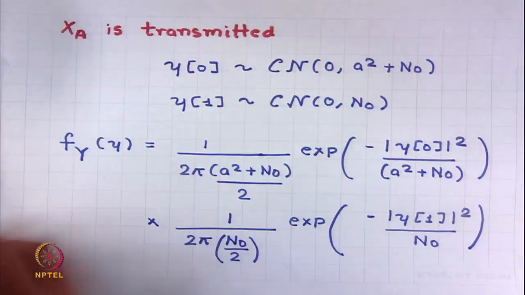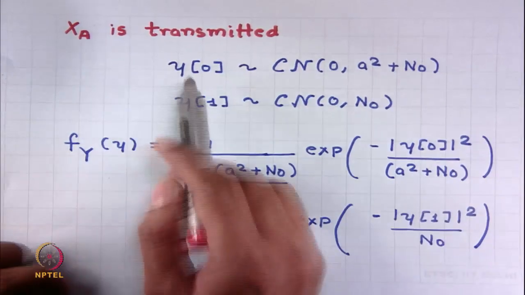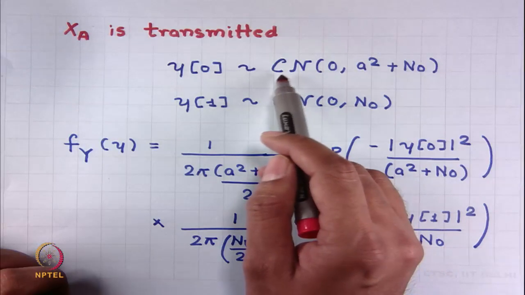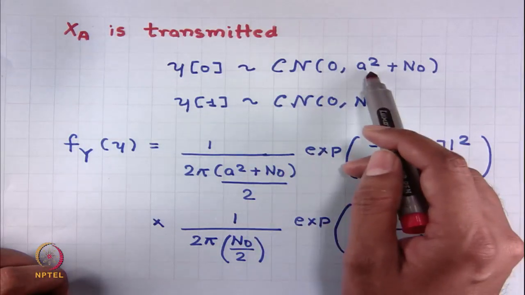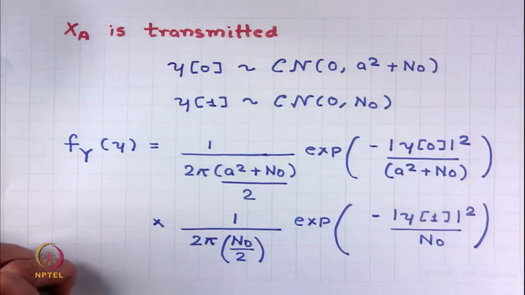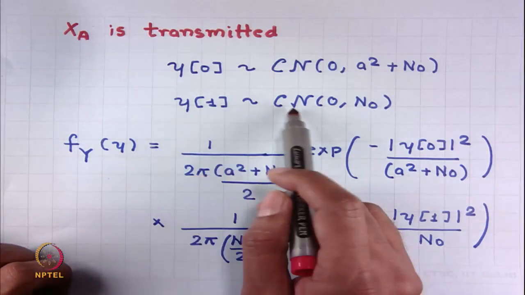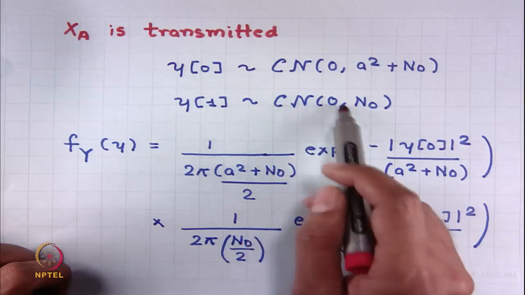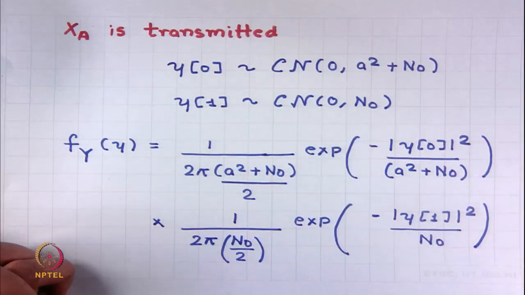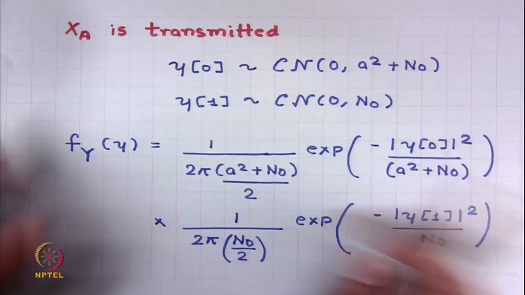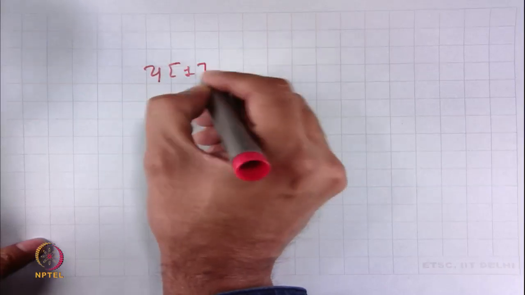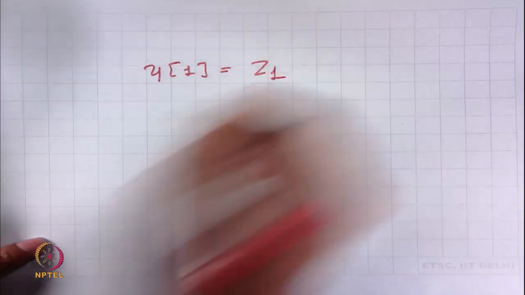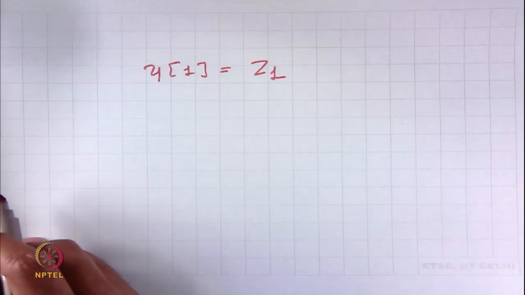Now, if X_A is transmitted, this is what we are saying, Y0 will be simply a proper complex Gaussian random variable with mean 0 and variance of A square plus N naught. Similarly, Y1 will also be a proper complex Gaussian random variable with mean 0 and variance of N naught, right. In Y1, what would happen? Y1 is simply Z1, is it not? There is no signal present in